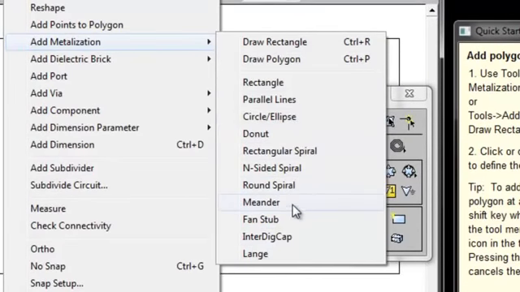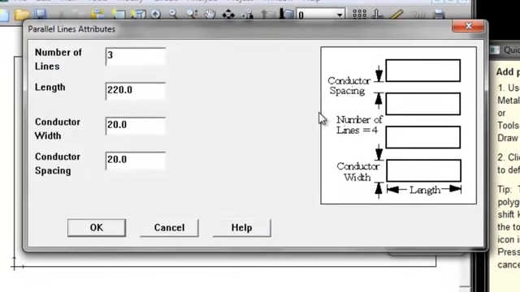Some of these are pre-packaged or predefined shapes that come up with property windows that allow you to define the dimensions of the different structures that you want to build. And you can also use this to access drawing rectangles or drawing polygons. Remember, we had those three lines, the center line and the top and bottom stub, that were 220 mils long. So I can bring that up